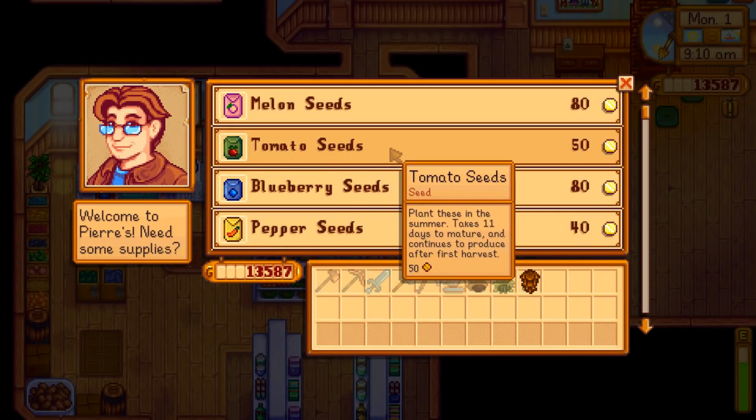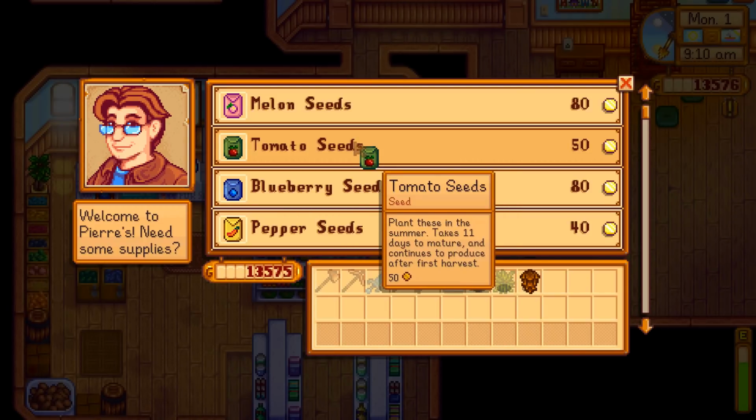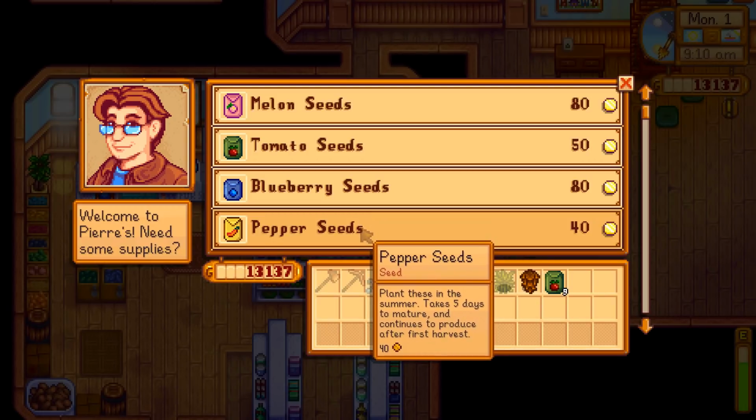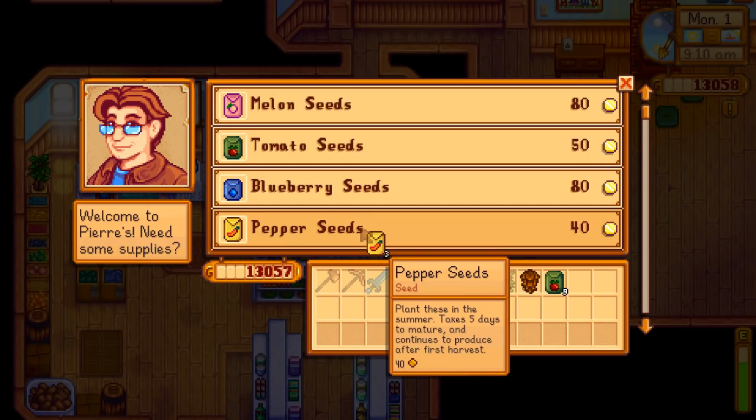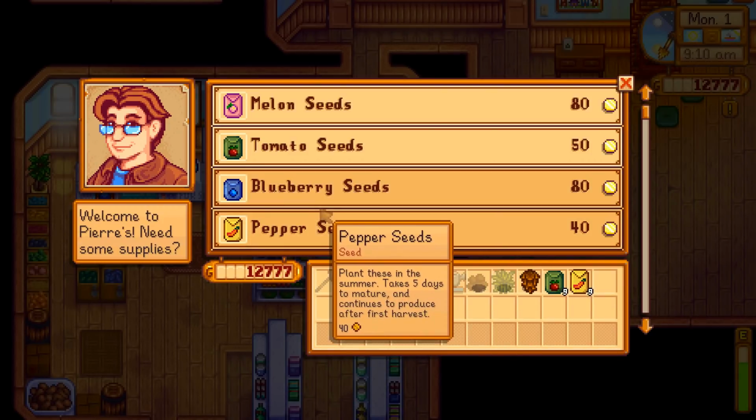Alright, so we know we're going to need tomato seeds. So let's go ahead and grab... How many tomato seeds do we want? Let's just go with 9 tomato seeds. And then we'll also go with some pepper seeds. How many pepper seeds? Let's go with 9 of those as well. And then